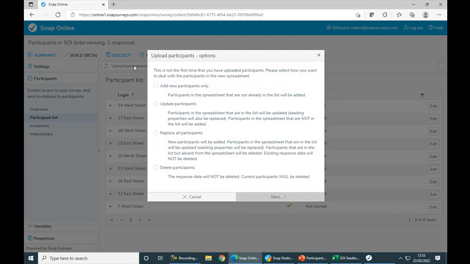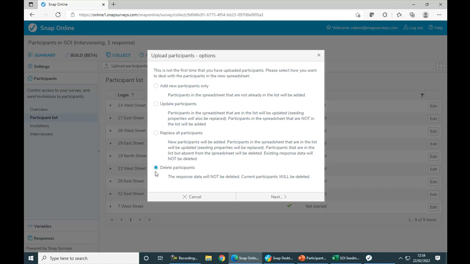If you're simply adding more, then it's just add. If you had some modifications to make to the original spreadsheet, then it's update. So that could be perhaps that you're reassigning some of the interviewers, or perhaps updating some of the seeded data. Plus you can do a full replace of the original list, and you have the option of deleting certain participants.